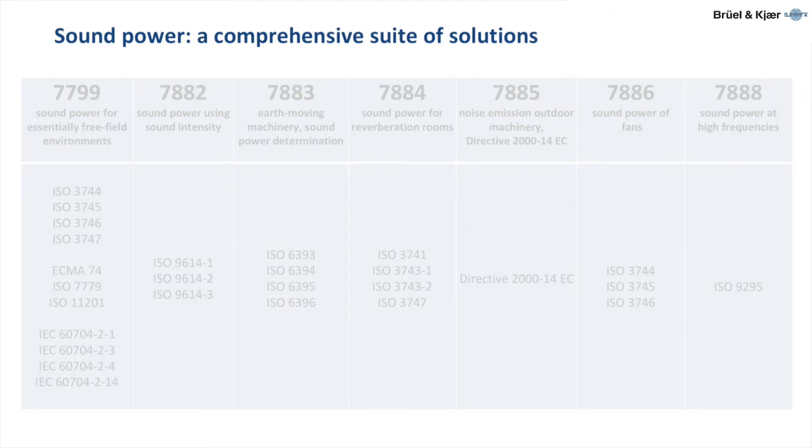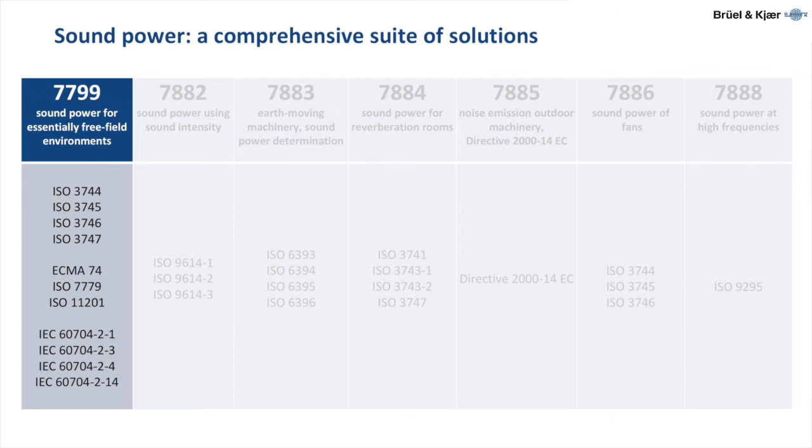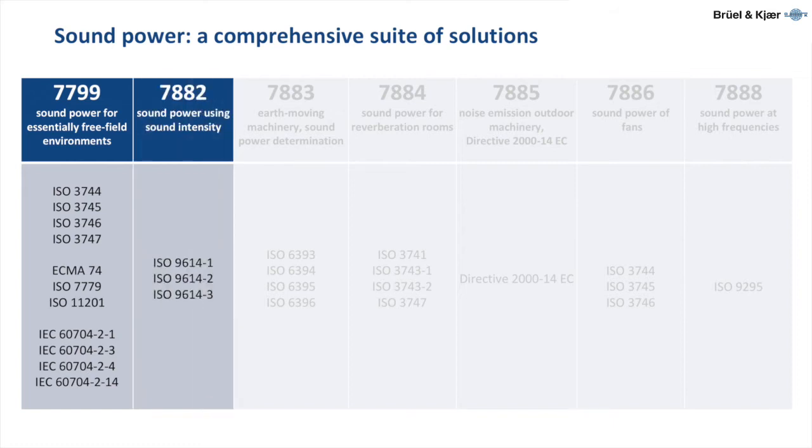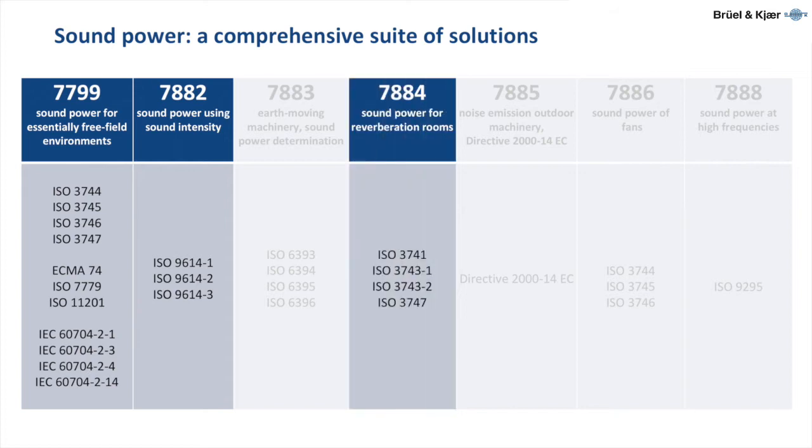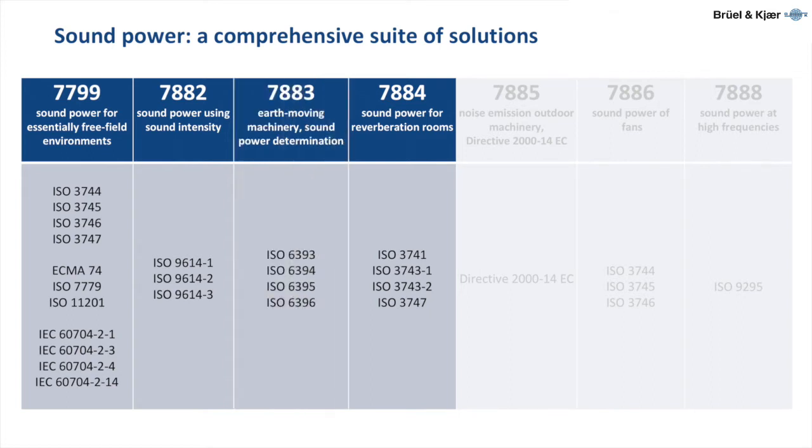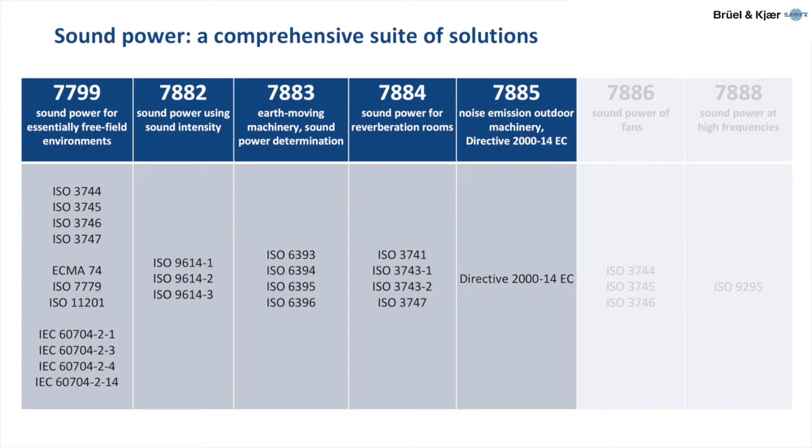The suite of sound power applications consists of three solutions for general sound power determination. These are the 7799 for measurement in essentially free field environments, the 7882 for intensity measurement, and the 7884 for reverberation room measurement. In addition to these, there are dedicated solutions such as the 7883 for earth-moving machinery, the 7885